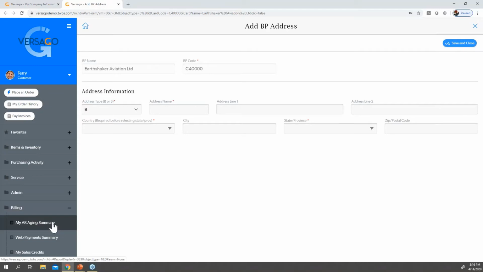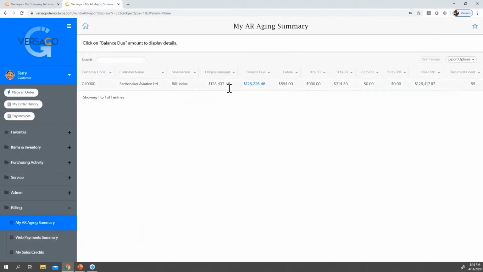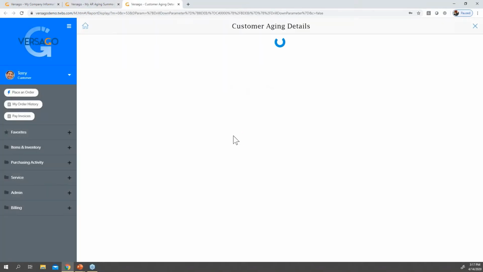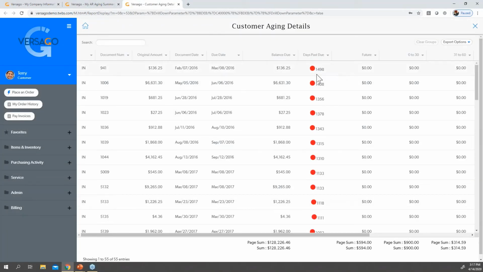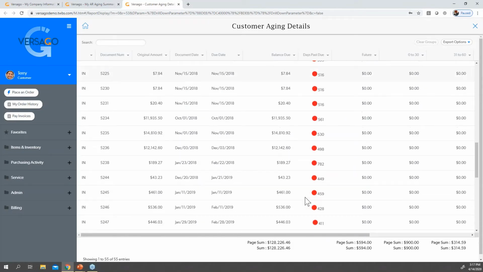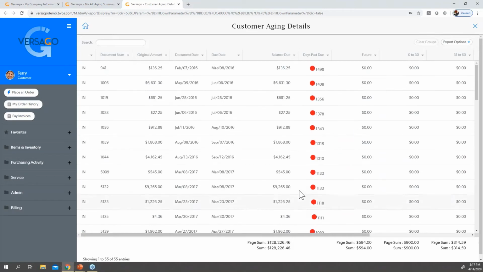On the billing side of things, this is another big one right now. Staying connected with your customer is one thing, but also being able to communicate with the accounts receivable department, or, oh, I didn't send a payment because I didn't know what I owed you. Well, here's the aging report for them. Here's a list of all the invoices that are due, and we can even put little red marks on the documents that are late versus coming up due, or aren't due yet.